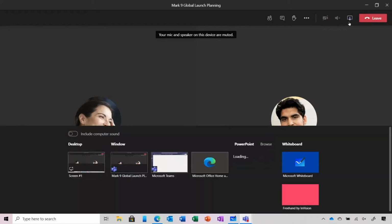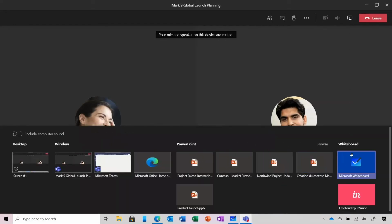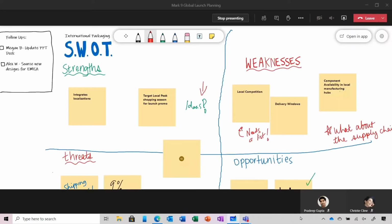Every Microsoft Teams meeting comes with a whiteboard, a collaborative space that your team can use for brainstorming, project planning, and problem solving. To open Whiteboard, simply go to the Share icon in Teams and click on the Whiteboard icon. Whiteboard will open directly within Teams meetings. You will see that the whiteboard is already populated because we have opened up a board that we were previously